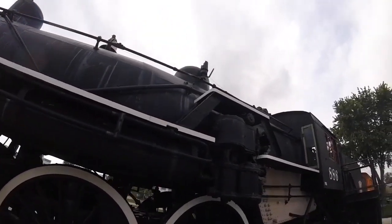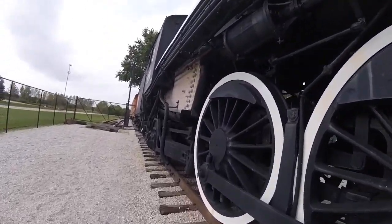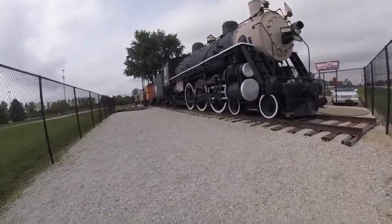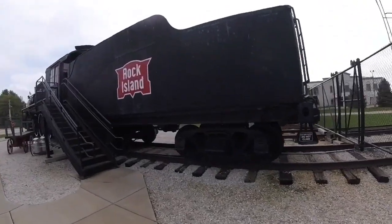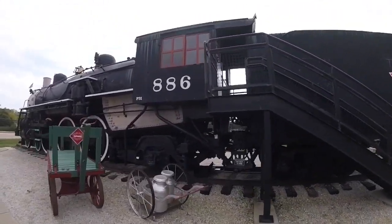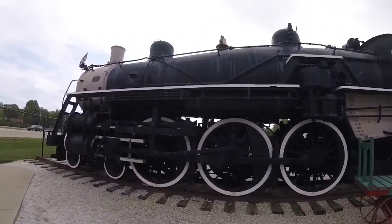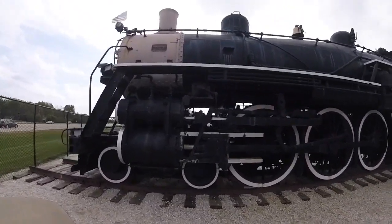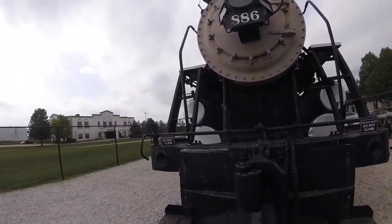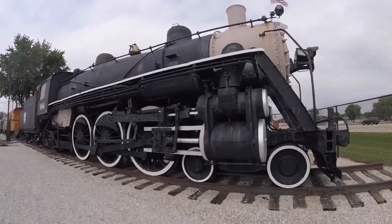And during its career, this locomotive hauled the finest of the Chicago, Rock Island, and Pacific trains, such as the Golden State Limited with the Southern Pacific from Chicago, Illinois to Los Angeles, California, and the Rocky Mountain Limited from Denver, Colorado to Chicago, Illinois. Then in 1955, the locomotive was retired and renumbered as Chicago, Rock Island, and Pacific 886. And the original 886 was scrapped, so it was renumbered as her sister locomotive